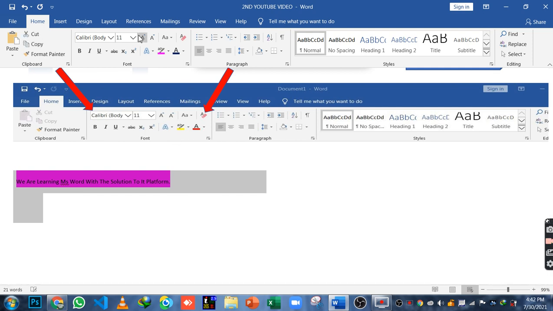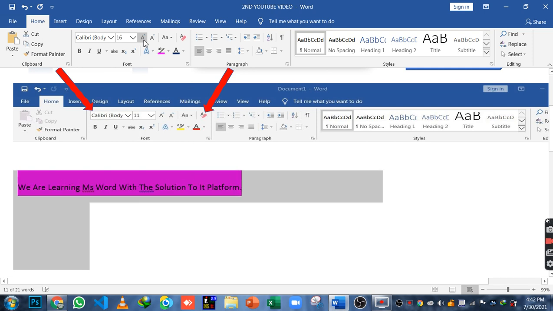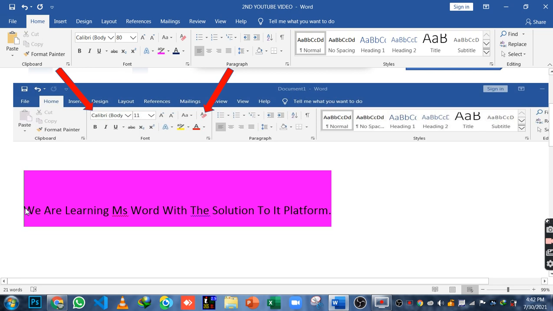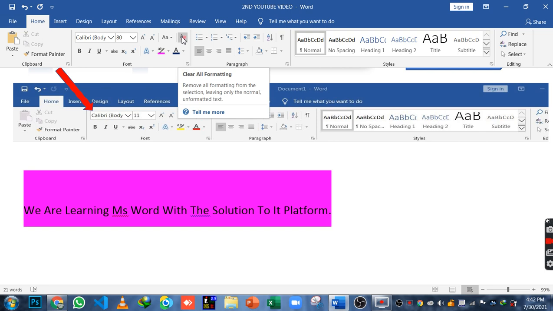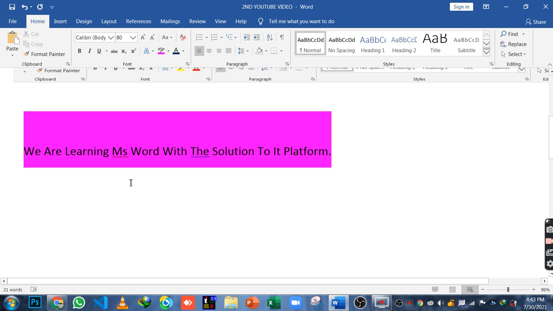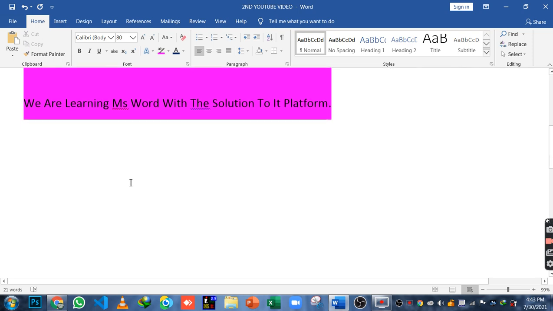As you can see, if I make its size bigger, have you seen that all the formatting is removed with the help of the clear all formatting option.